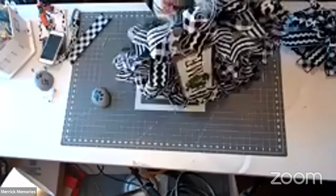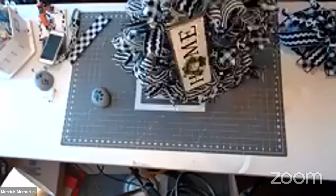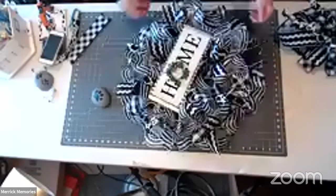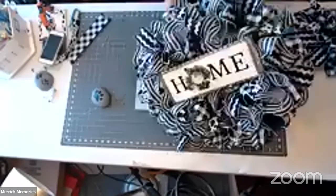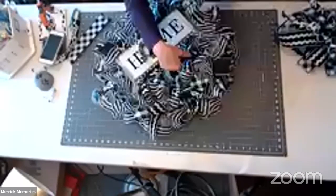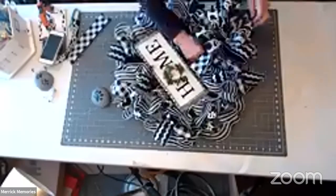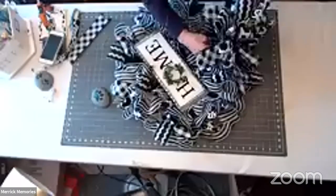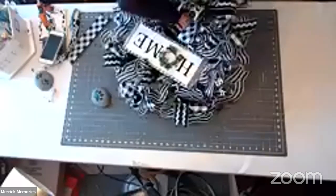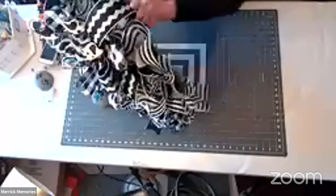Okay. Bye bye. I'll get some water on there. All right, that's on there pretty good. So there we have that on there. It's a little lower than I wanted. I'm gonna move it up. And I got this on. I made this last night. My 4-in-1. And I'm going to put it on down here. I could put it on the top too. We'll see if I got to put some white mesh on